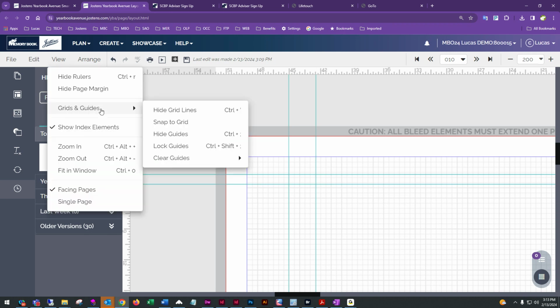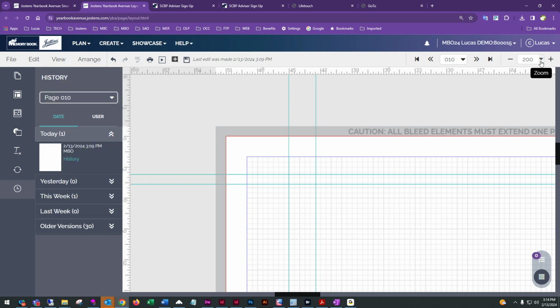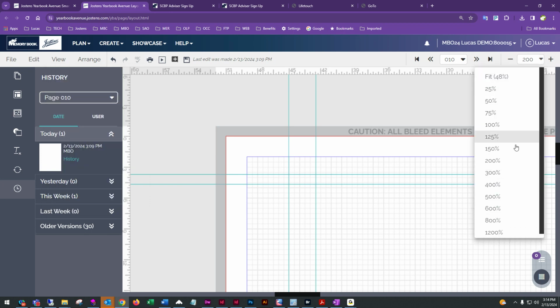Let's see, what else do we have? Oh, under your view, this is where you have your zoom out, zoom in, zoom out, and fit in window. This can also be done here on the very top right on the toolbar. You have a little plus and minus to zoom in and out, and a drop down to choose different percentages you can view the page